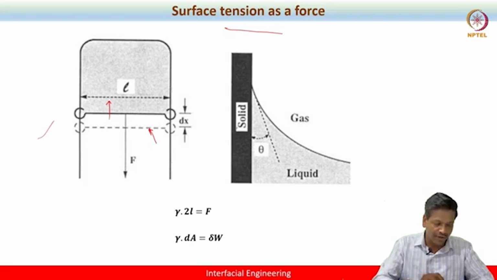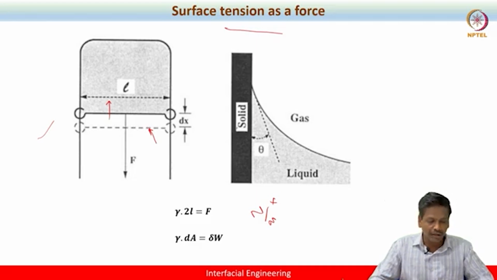So how can we define gamma as a force in this case? We know what surface tension is: it is nothing but force acting along the length of the surface, which is usually denoted as Newton per meter. Because it is denoted as force per unit length, when you multiply that with the perimeter, in this case since we consider the thin wire,